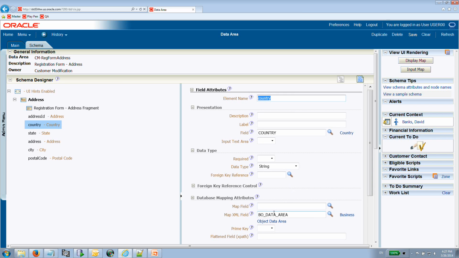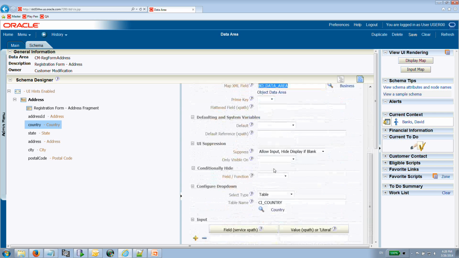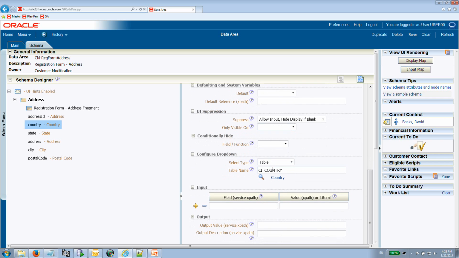In other words, under country, I can say it should be mapped to a map XML, which means that when I've added it and use it in the registration form, it will be backed on the CLOB in the process flow table. And in this particular case, you will see that I have added in country, and I've added in the state. Country actually has a drop down from a table directly called country,